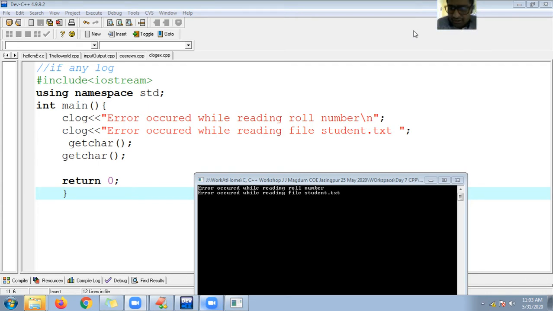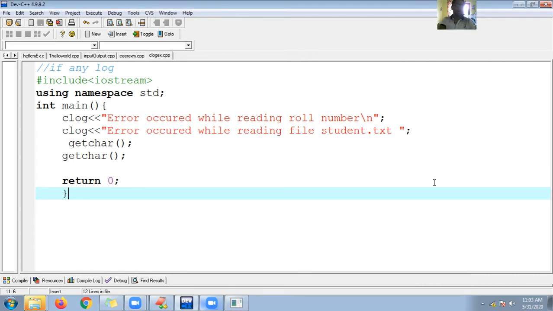Okay guys, when to use clog, when to use cerr. The purpose of cerr is to display the error messages, and you can use clog also to display the error messages. Generally, whenever you are trying to track any bug or any error in your software, that tracking and debugging needs to take place by using debugging operations.